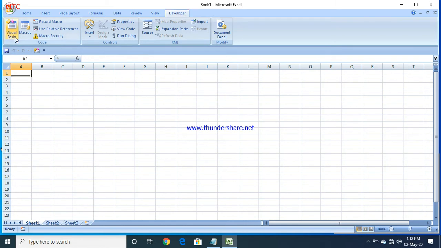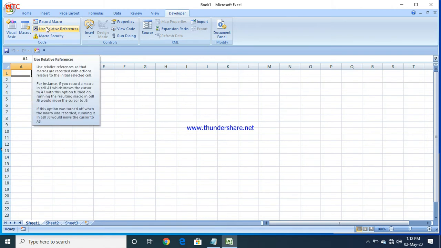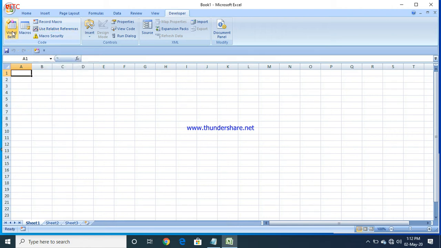Before starting the VBA coding part, let us see how macros work. Macros are the inbuilt, ready-made creation of VBA code. That's what I can say. So let us see how these macros work. I'm going to start recording a normal macro here and show you how macros work first, before starting VBA code. So just click on Record Macro.